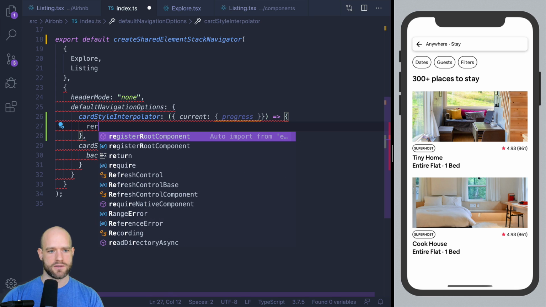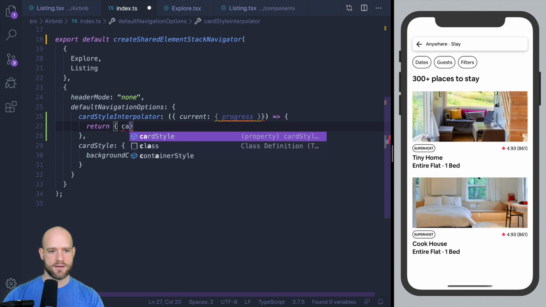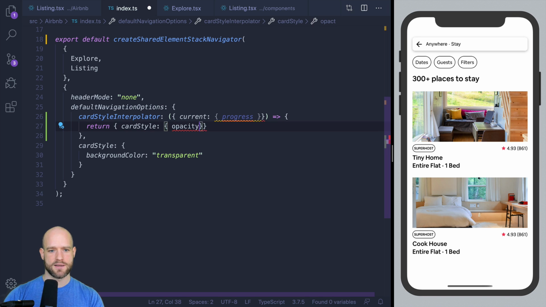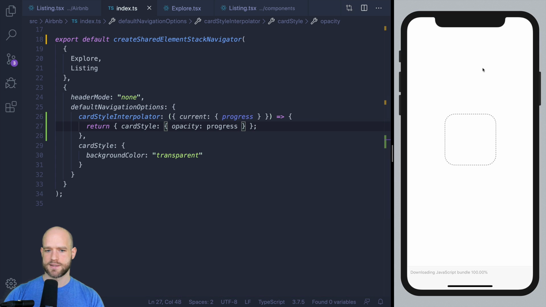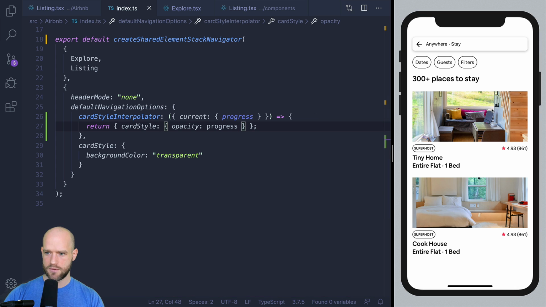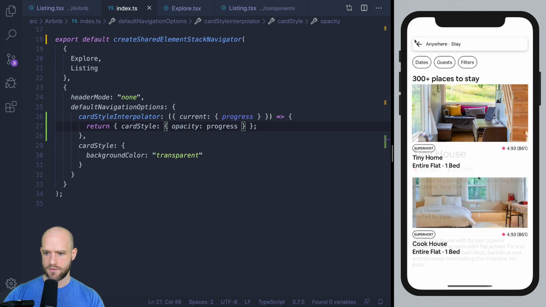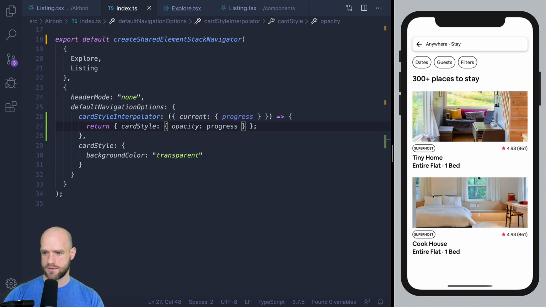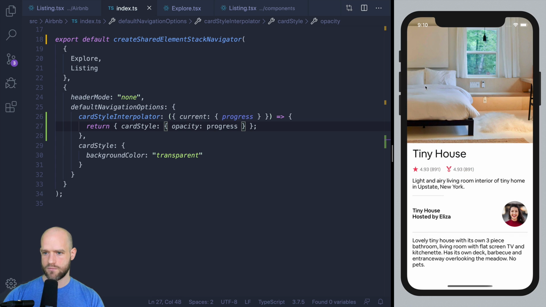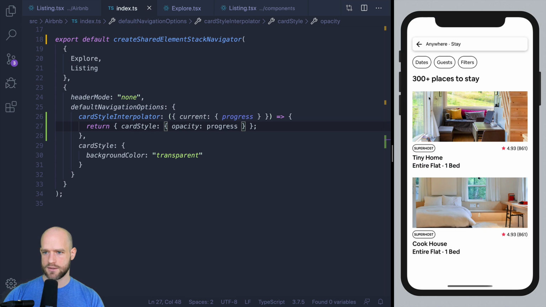And so we need to return a card style. And here I'm going to use just some opacity, which we're going to essentially match with the progress animation value. I think, let's have a look. Yeah, that looks good. So here we have a really nice transition.